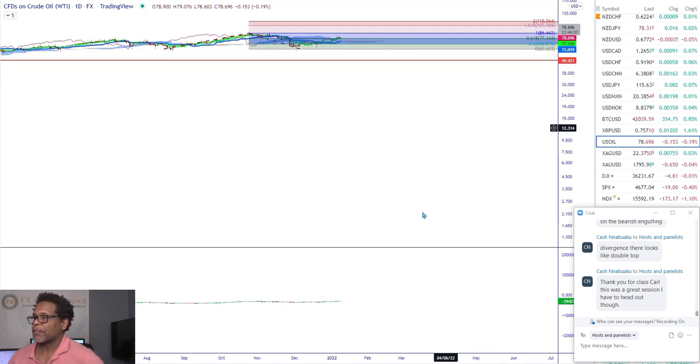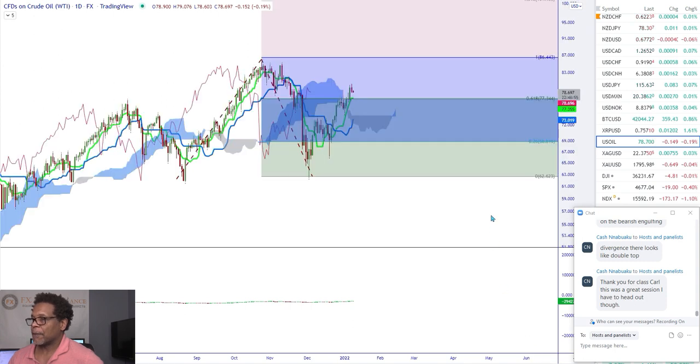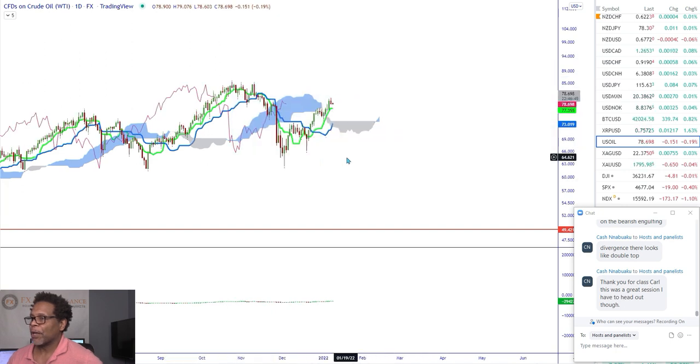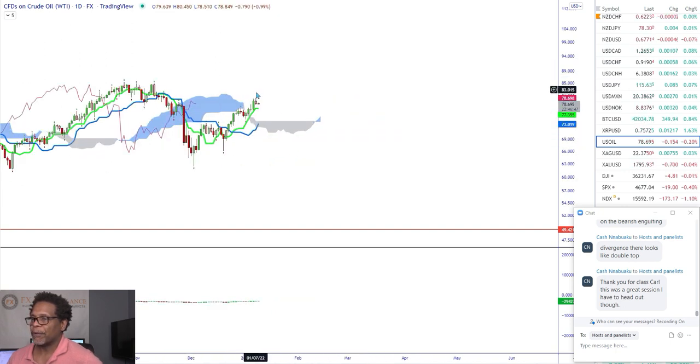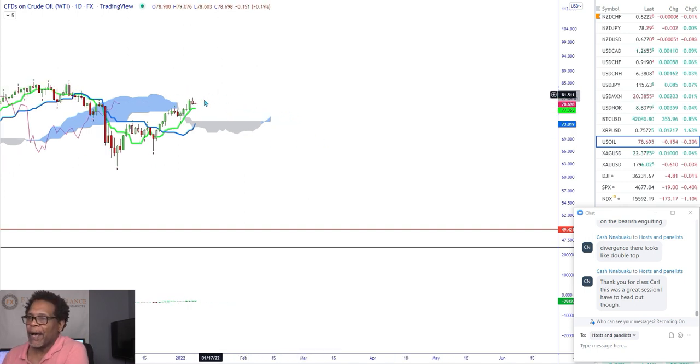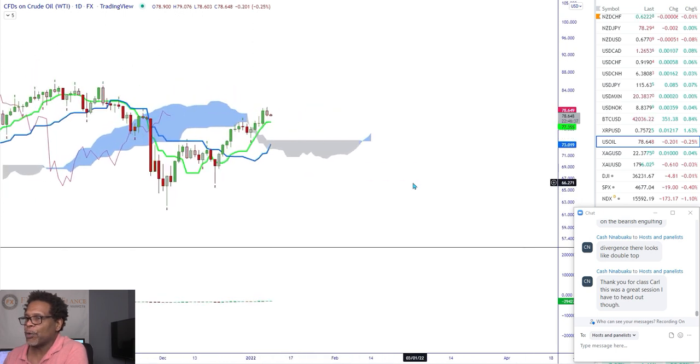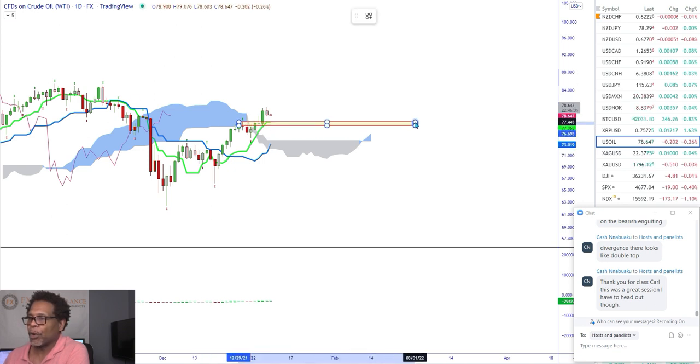See what that daily is showing us. Let's take this off. So on daily, we got a crossover, so everything's bullish here. I think oil is moving to the upside. We may get a slight correction, but I think if you want to get into oil, your best opportunity is right here. If you want to go long with oil.